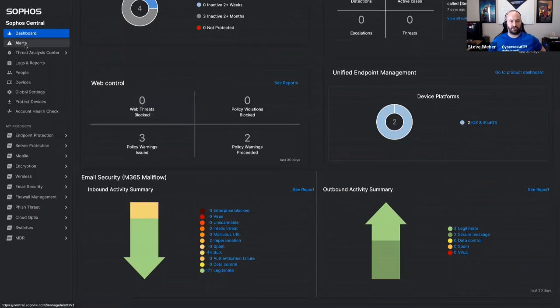You can dive into your alerts to see exactly what is going on from each of the products. Our Threat Analysis Center, this comes into play with our Intercept X Advanced and our XDR tools. This is where you can dive into what happened during a particular attack. Again, we're not going to dive into that here, but this will give you more details and information around attacks